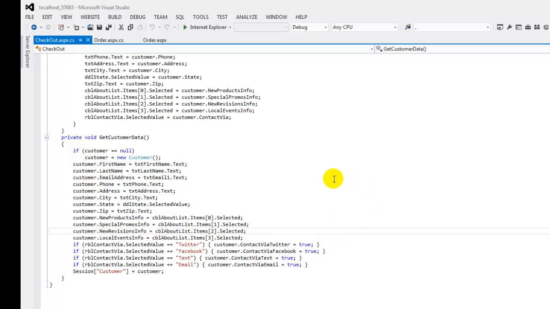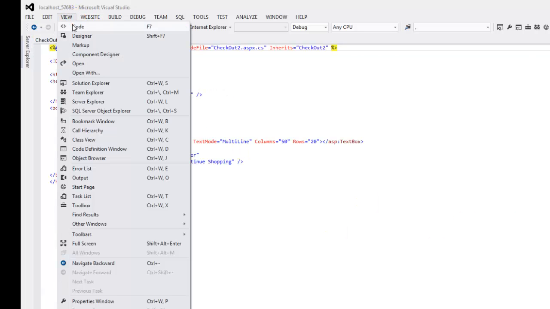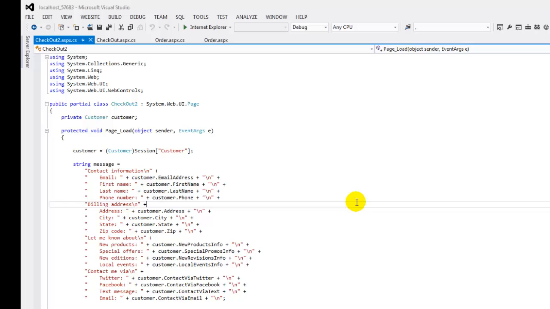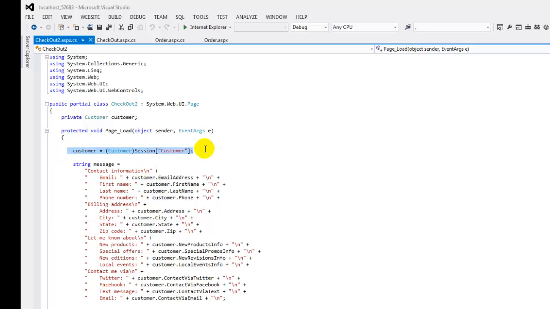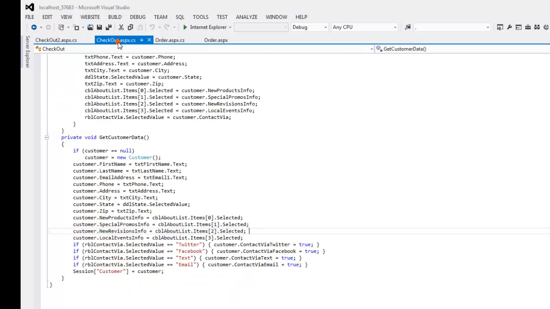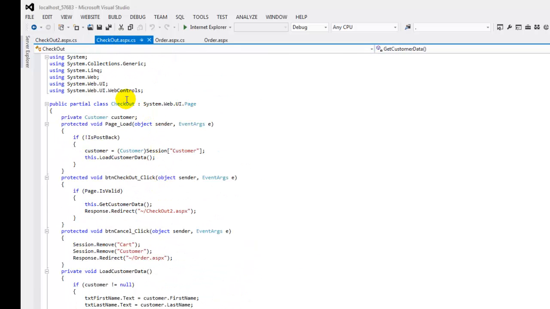So now we'll look at checkout 2. I'm going to view the code behind file for that as well. For this, it's pretty straightforward. It's basically just echoing the information back to me. But you notice it's getting the data from this customer object. Now, they named it customer because even though it's got the same name as the one in checkout, it is not the same object. Or it's the same object, but it's not the same reference variable. Notice this one is in checkout 2 class, and the other one's only in the checkout class. So these are